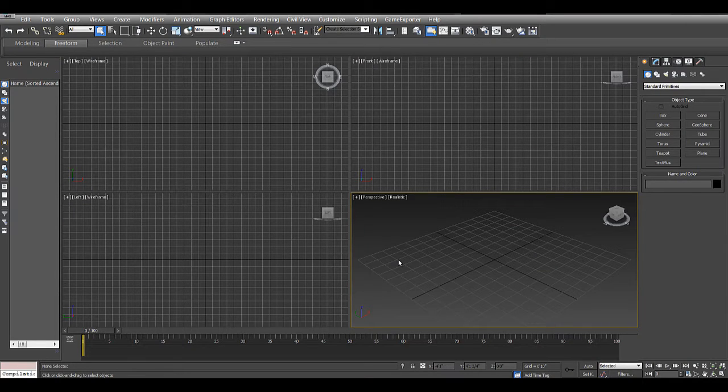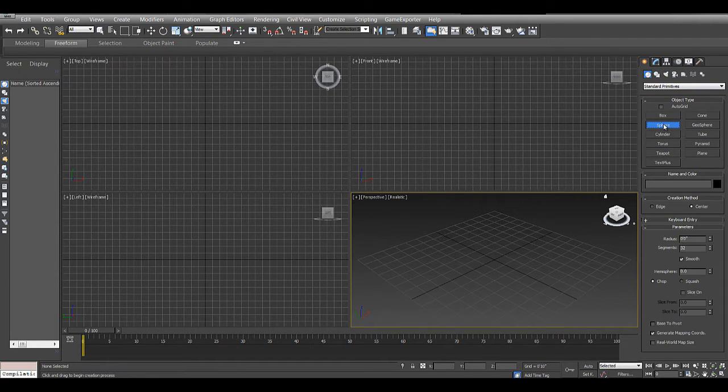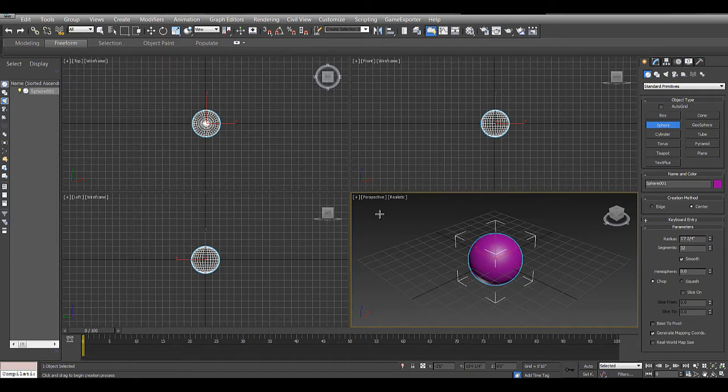Okay, this is another video showing some of the basic animation tools in 3ds Max. So for this one we're going to head over and create a sphere. We're going to start with a sphere in the Create panel. So we're going to click on Sphere, click and drag in the perspective view, and if you want you can